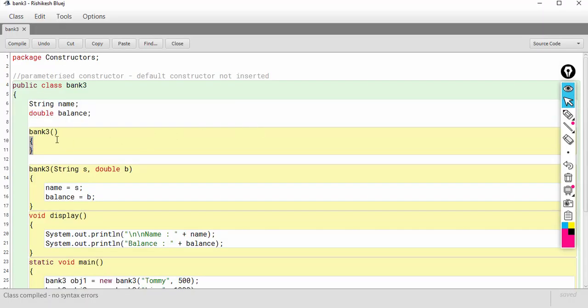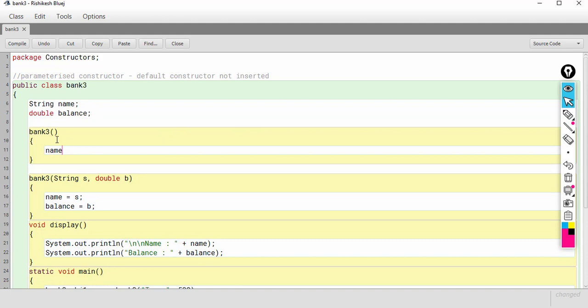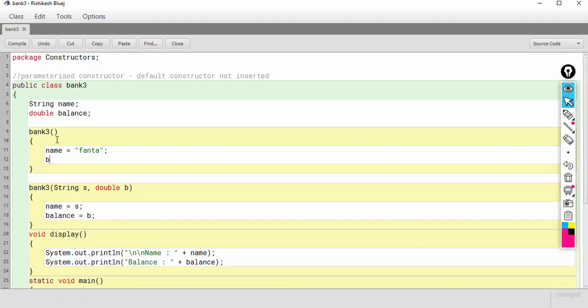So if you want, we can provide a default name also, so that whenever the object is created without any arguments, some name is there. Okay, so let's choose a name here. Let's call it Fanta, and let's say the default balance is 200.